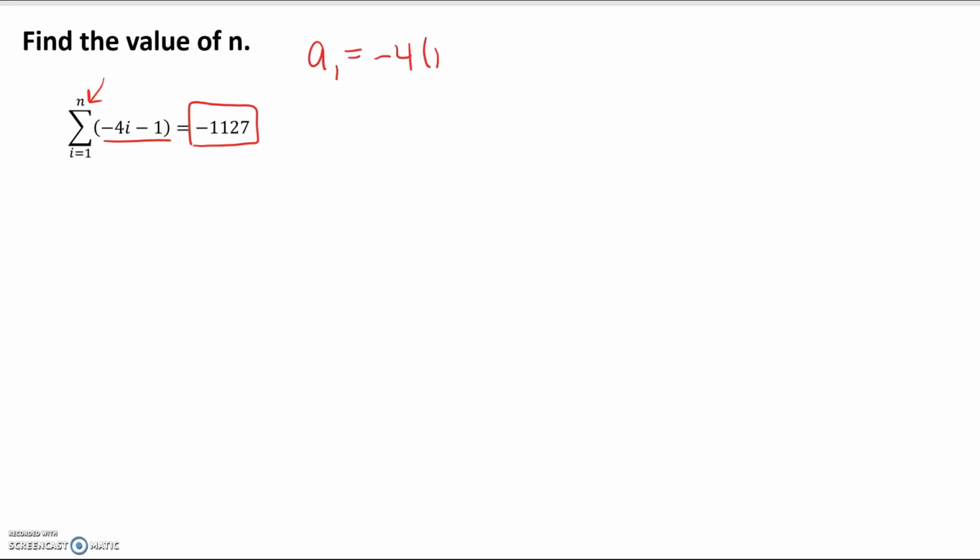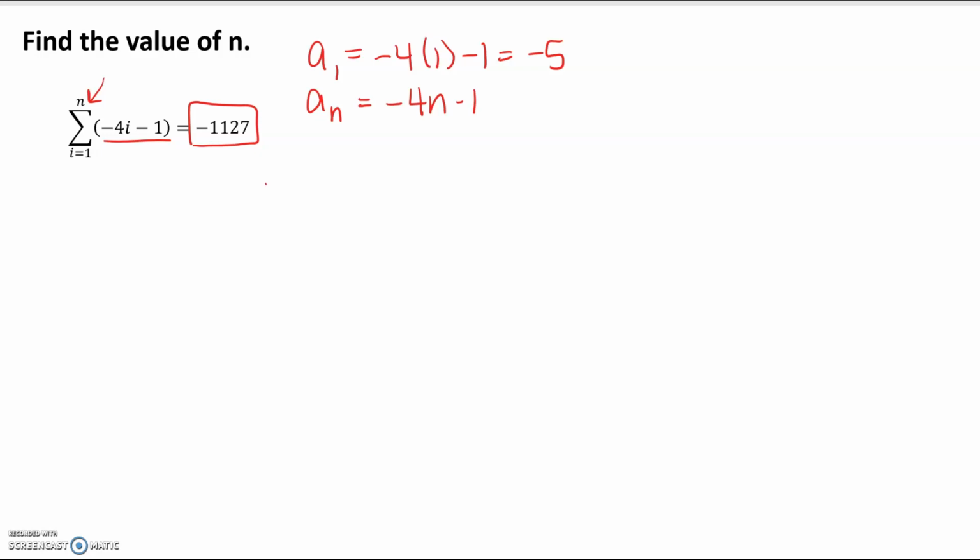So I have -4 times 1 minus 1. So I know my first term is a -5. The problem is I don't know where I'm ending. So I have a sub n, and all I can do is just plug in an n in that equation. Okay, I don't know what that n is, so I'm just plugging in an n. So -4n minus 1. Okay, I do know that the whole thing equals